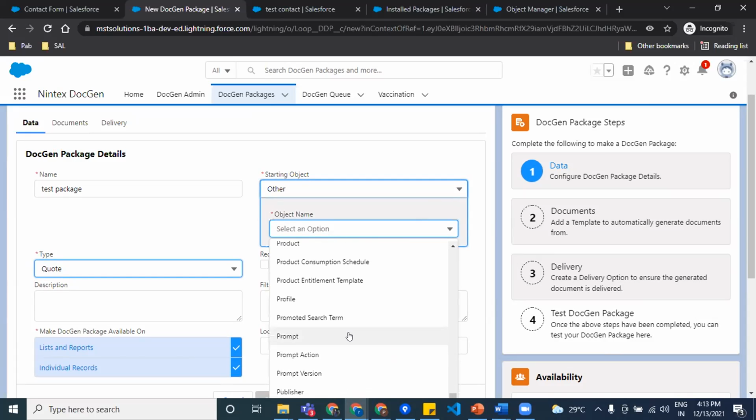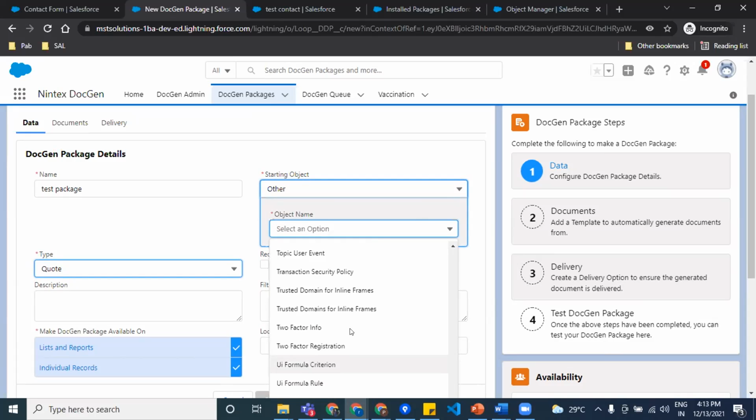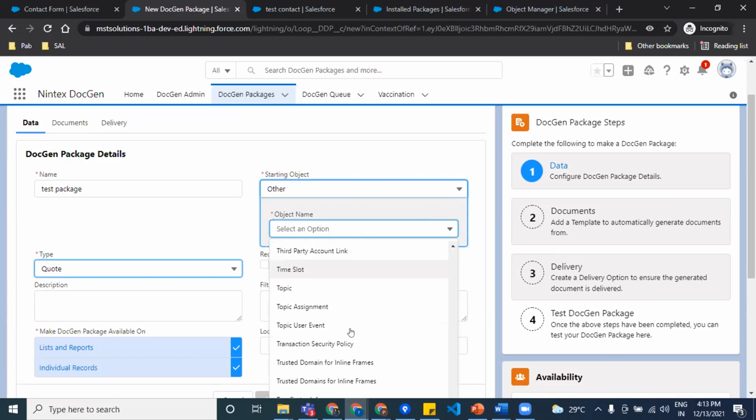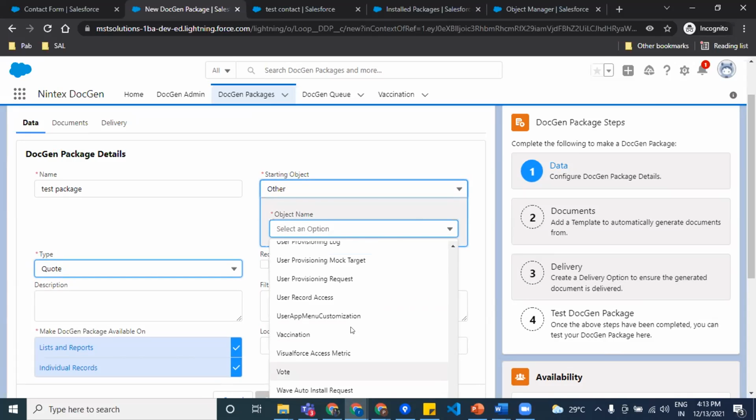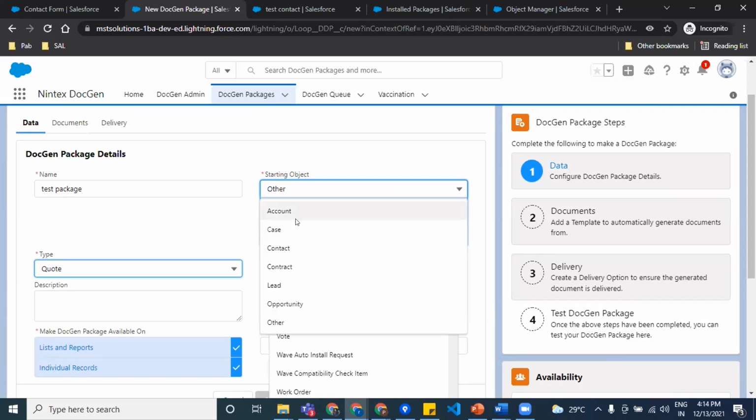In this org, I have Vaccination as a custom object. It should be present here. See, we have this Vaccination. So all these will be present. If you are going to operate only with these, and you need anything within this list, you can choose it from here directly.